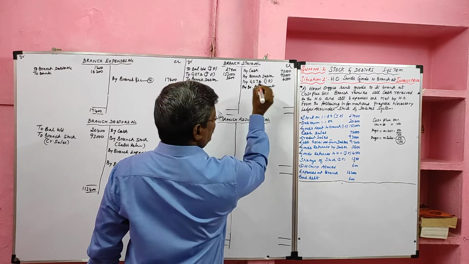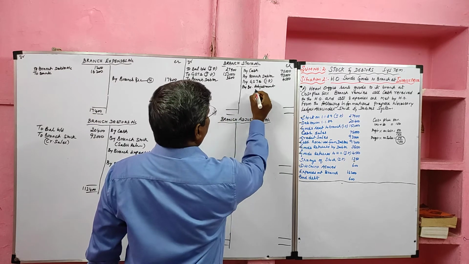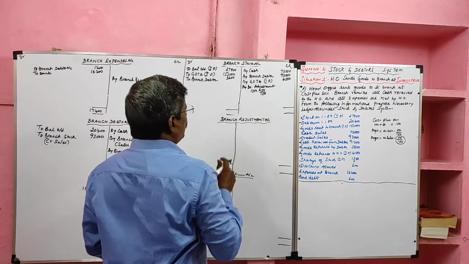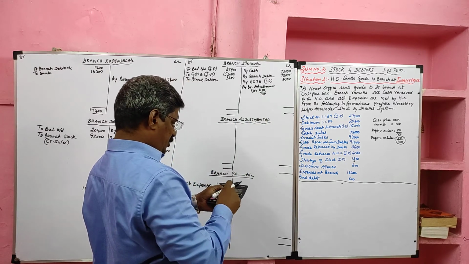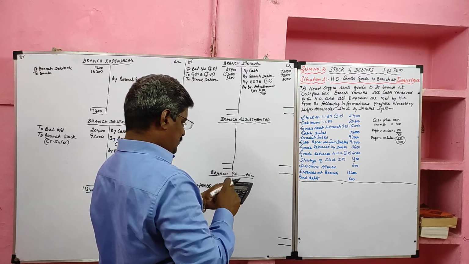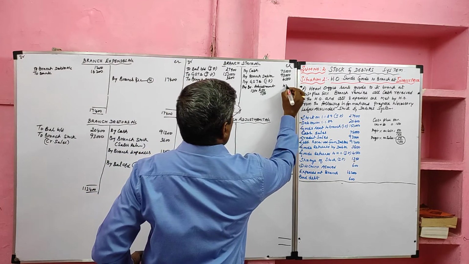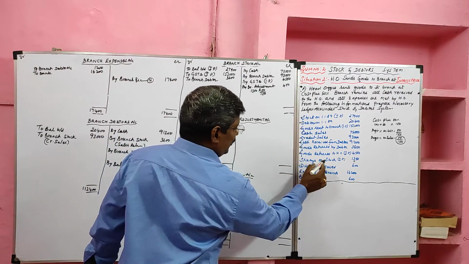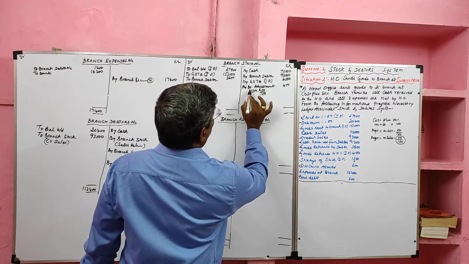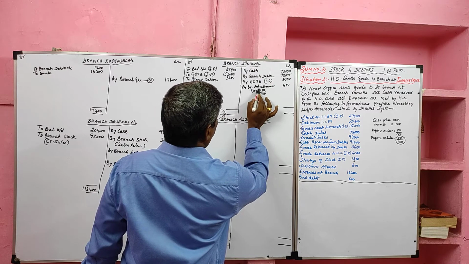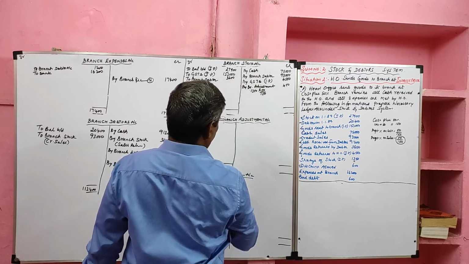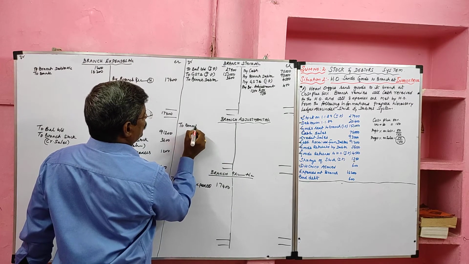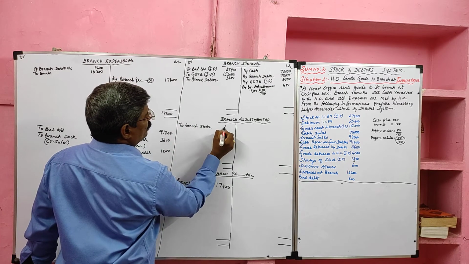Branch adjustment account, that is loading on shortage 1,350. For loading purpose we'll use 50 by 150. So on 1,350, unrealized profit included is 450. So the stock reserve on shortage of stock is 450. It is transferred to the branch adjustment account. It should be recorded in the credit side of branch stock account. In branch adjustment account debit side we should record as branch stock account, value 450.